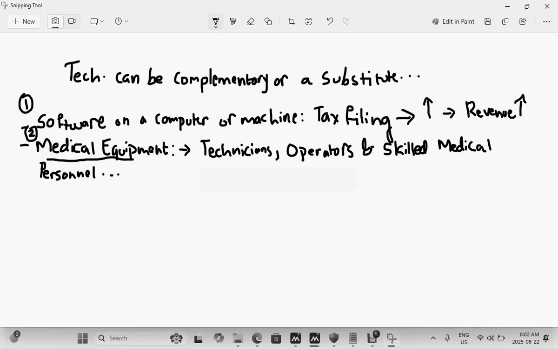Now apart from that, when it comes to substitutes, this could be things like software again. This time we're going to talk about software relevant to organization. So software for data storage and organization.